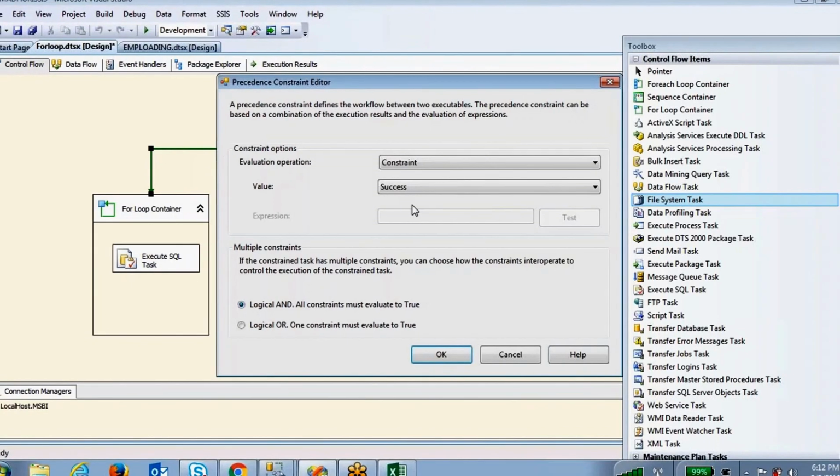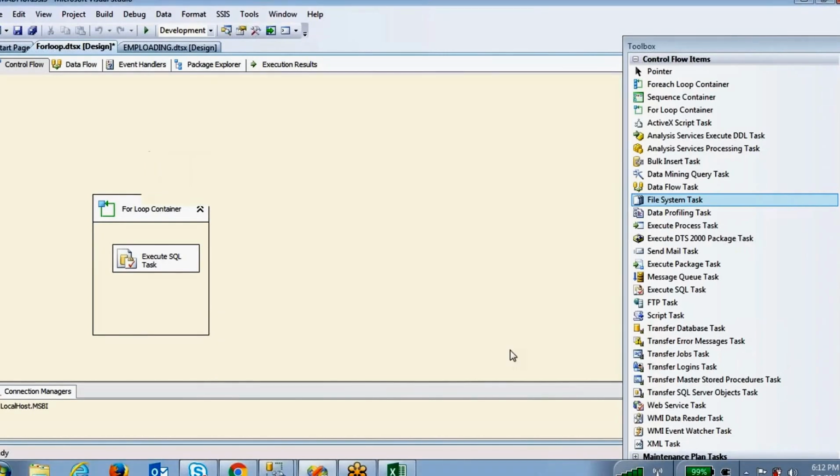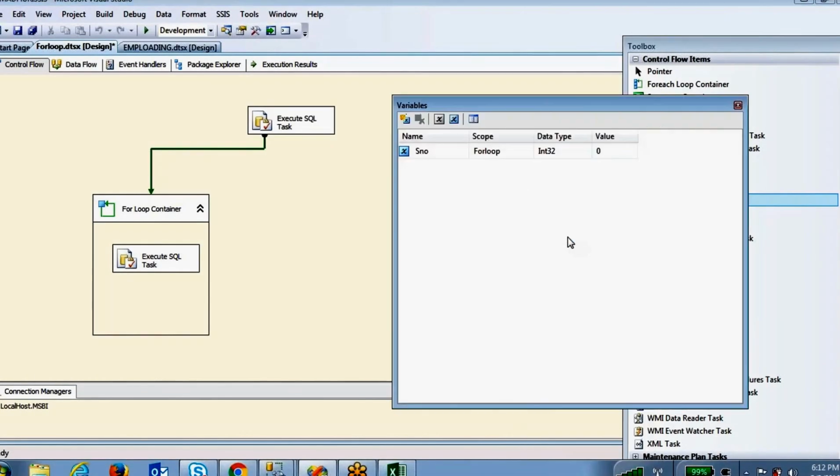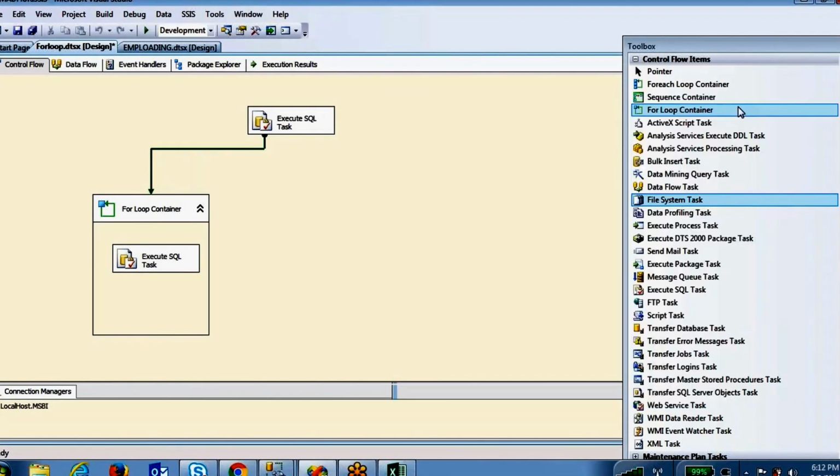Okay, right. So I'm going to write down one condition here. This should be status success, as well as I'm going to write down one condition. The serial number, see here, this serial number, if it is 10, then only I want to execute this one.